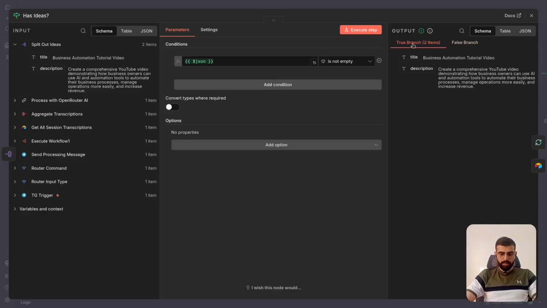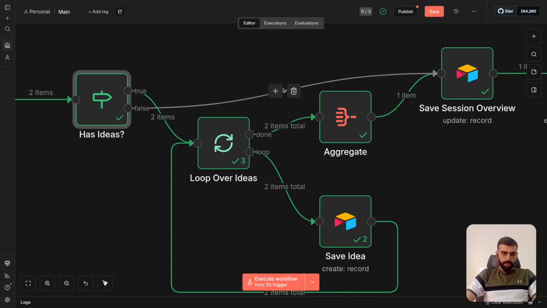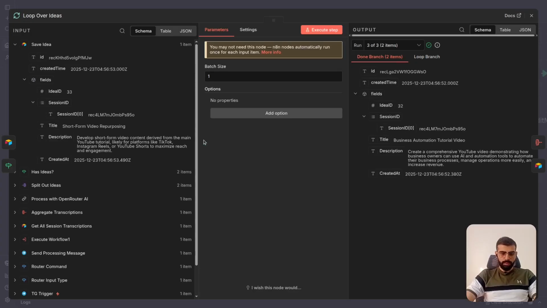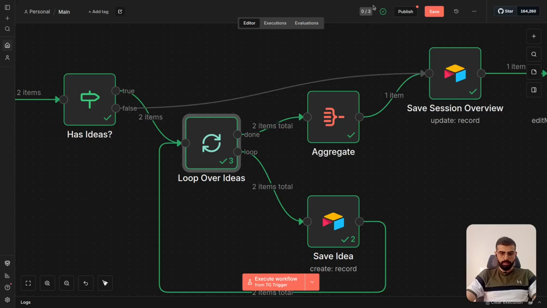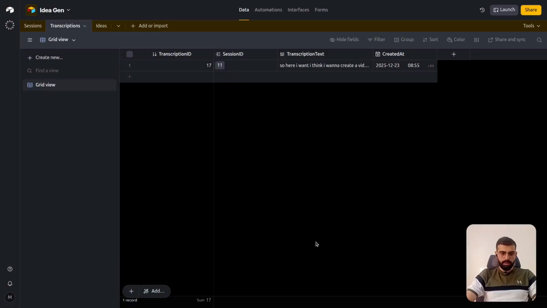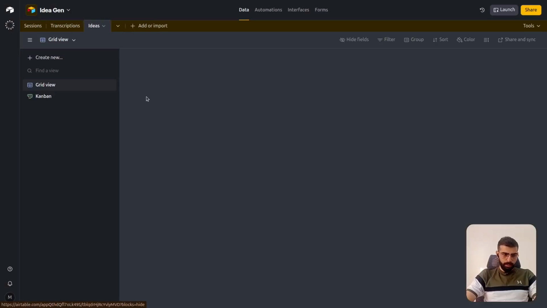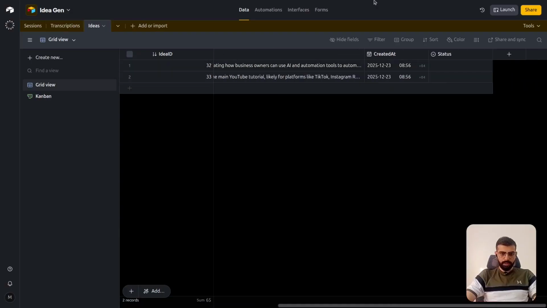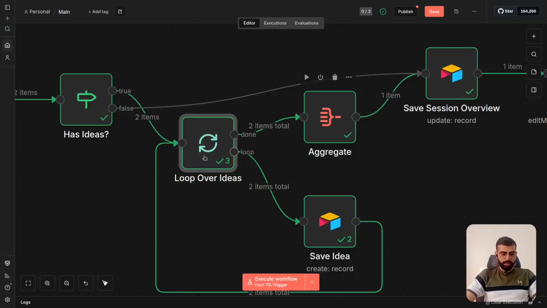So as you can see, 2 items have passed the true branch because they are not empty, and we are looping over them, each one of these ideas one by one. We just add them to the table, very simple. Come here, session ID is added, title and description, and that's it. We have done the same thing for the transcriptions before,